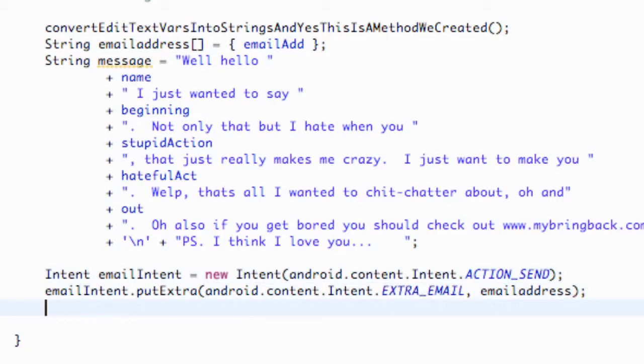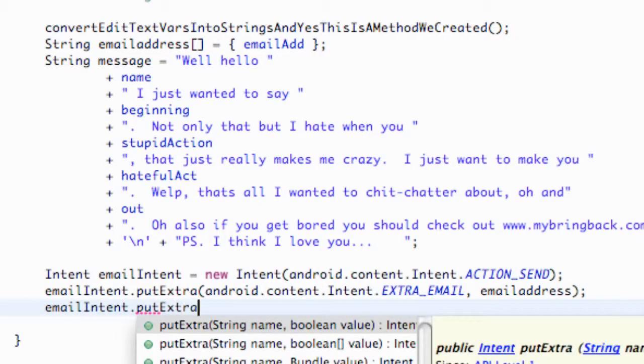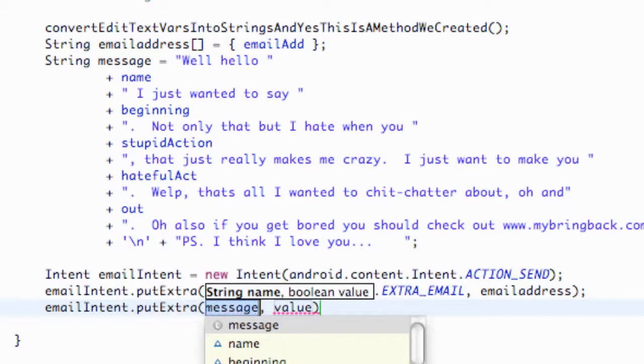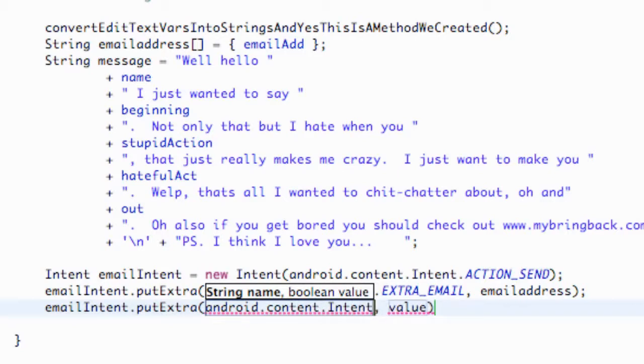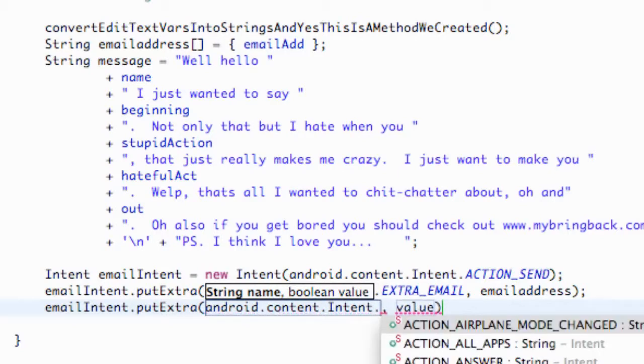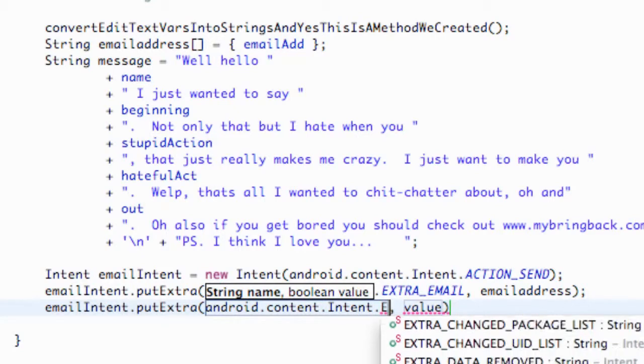Let's put some other things within this email. So we're going to say emailIntent, adding to the intent again by saying putExtra. And we're going to now add the subject of the email, and we're going to say android.content.Intent. And again, if you guys ever want to build an email, for the most part you probably aren't going to remember all these action names, so we're just building kind of a reference pack that you guys can use later. So what we're going to say now is EXTRA_SUBJECT, because it's going to be the subject of the email,